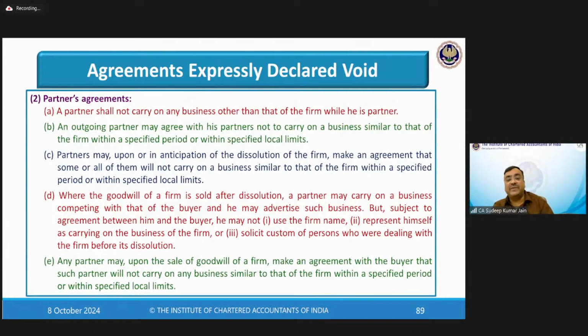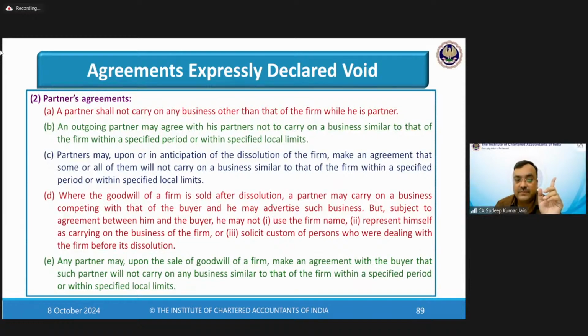Subject to the agreement between them, it means there may be an agreement among the partners and the buyer of the goodwill that the old partner will not use the firm name, it is valid, and will not represent himself as carrying on the business of the firm. He will not represent in the market that he was the actual owner of the firm, saying that earlier I was running it, I had a compulsion. No, he cannot use